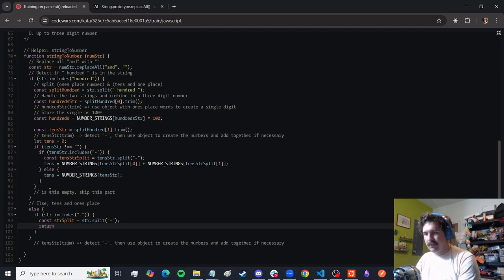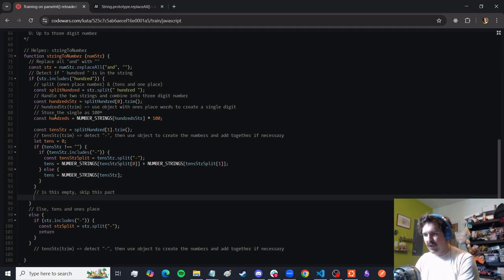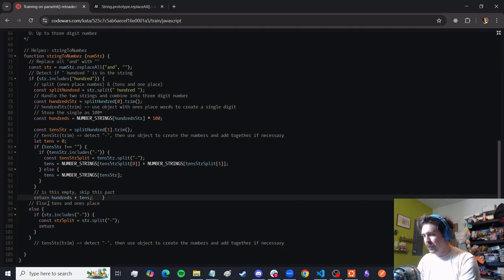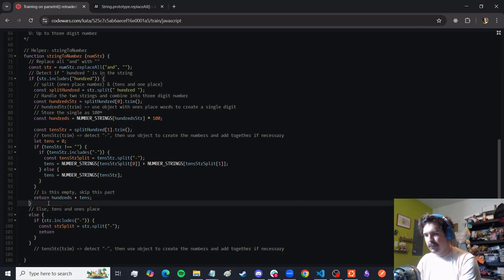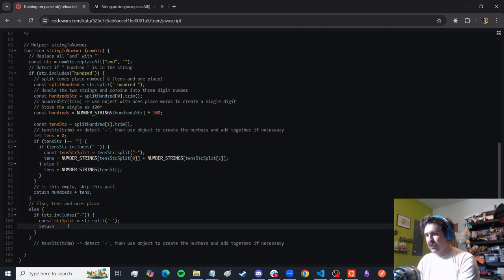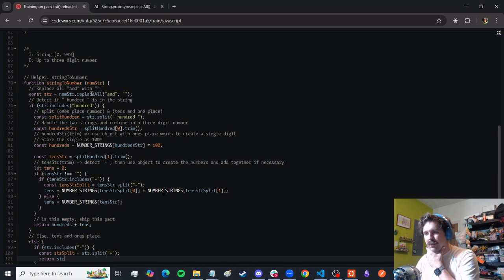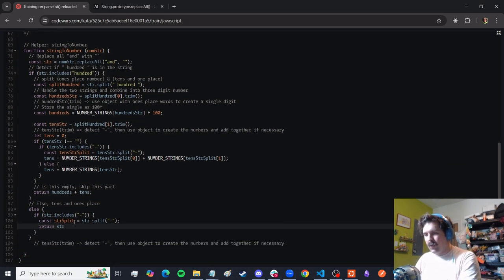Down here for this if, I guess we want to also, before we leave this, right, we have our hundreds and then our tens, right? We want to return hundreds plus tens, so we don't forget that we want to make sure we're returning that number we promised. And down here, we're just going to return with the string split. Also realizing here as well that there could be some trimming we have to do. So whenever I do this, I should definitely do a trim on this as well, because it could be splitting. So anyway, so string split